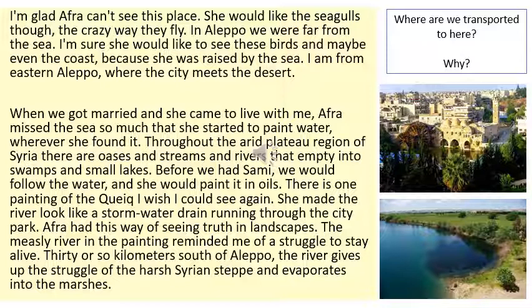Throughout the arid plateau region of Syria, there are oases and streams and rivers that empty into swamps and small lakes. Before we had Sammy, we would follow the water, and she would paint it in oils. There is one painting of the creek I wish I could see again. She made the river look like stormwater drain running through the city park. Afra had this way of seeing truth in landscapes. The measly river in the painting reminded me of a struggle to stay alive. 30 or so kilometers south of Aleppo, the river gives up the struggle of the harsh Syrian steppe and evaporates